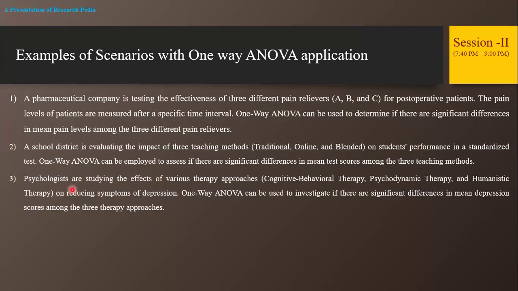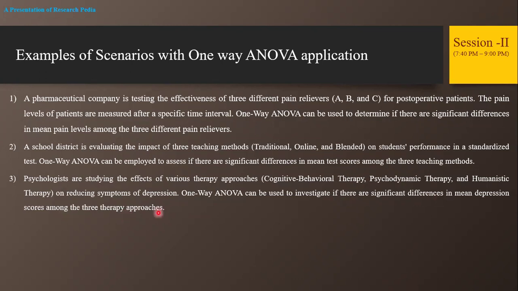Psychologists are studying the effect of various therapy approaches like cognitive behavioral therapy, psychodynamic therapy, and humanistic therapy on reducing symptoms of depression. So symptoms of depression might be your continuous variable, while these three types of therapies would be your categorical variable. One-way ANOVA can be used to investigate if there are significant differences in mean depression scores among the three